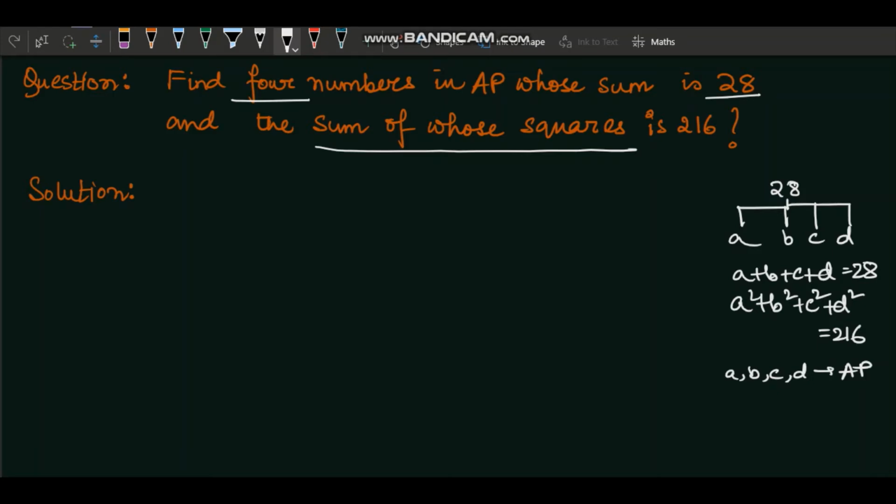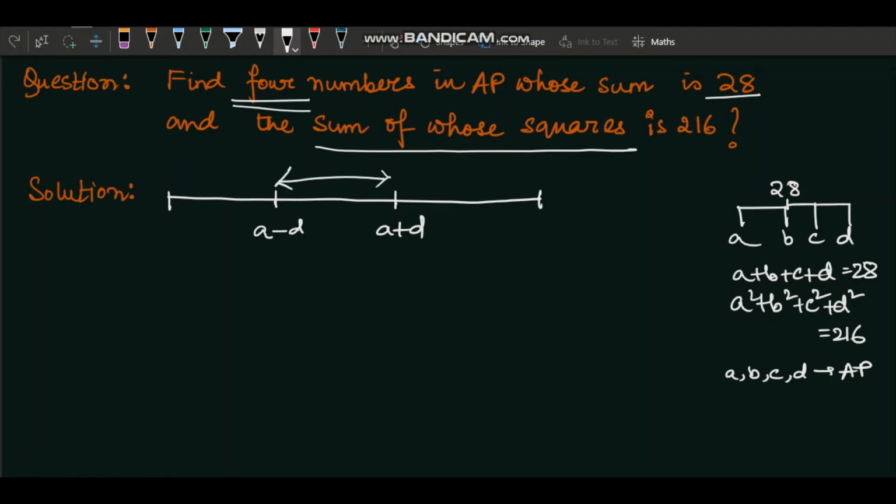So in the previous case we had 3 terms, and I told you if you have an odd number of terms, say 3 or 5, you take the middle term to be A. But the trick is slightly different if you have an even number of terms. So in this case you have 4 terms, right? Take the middle 2 terms as A minus D and A plus D. Our intention is to find the value of A first so that we can get rid of D in the first equation.